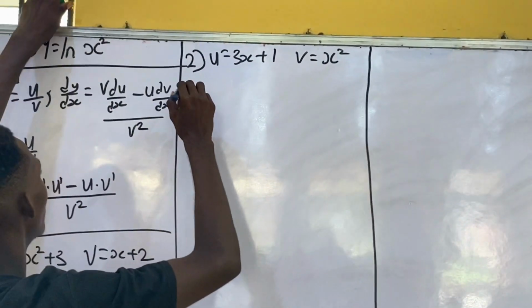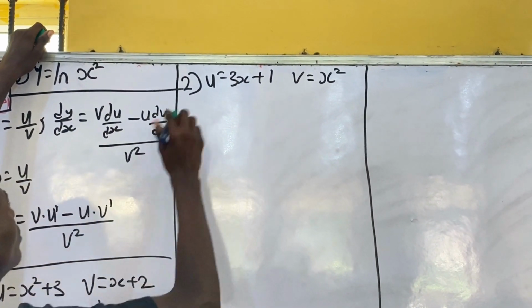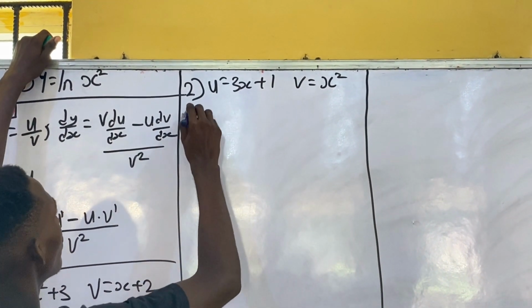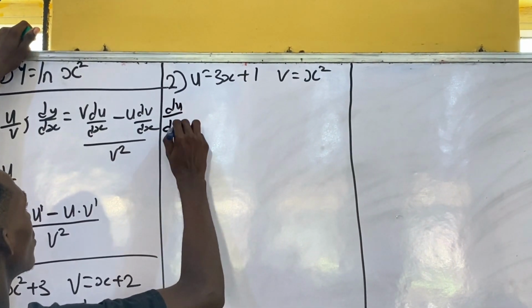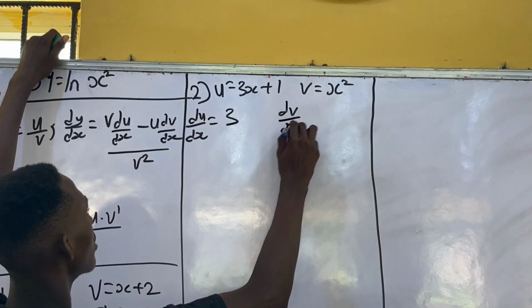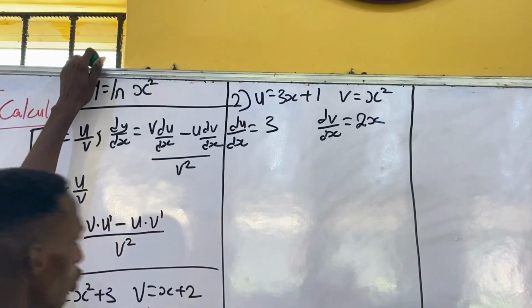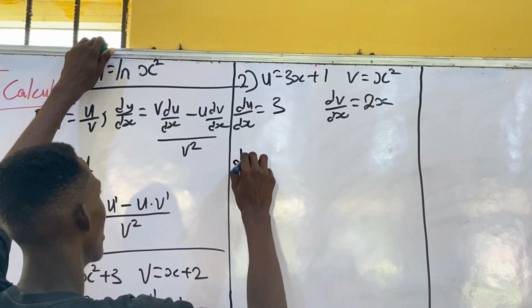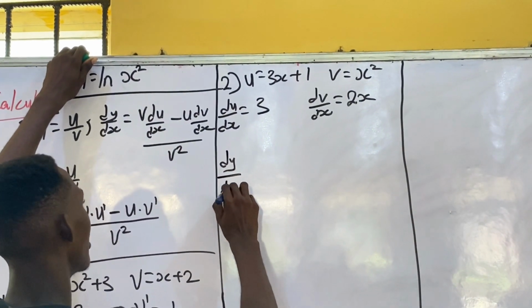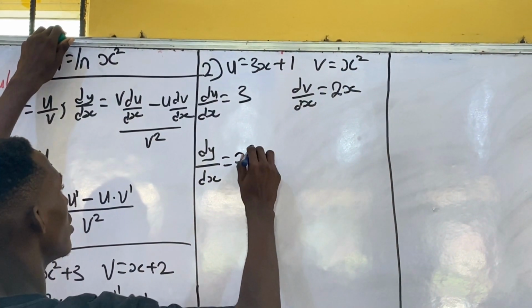So our derivative du/dx is equal to 3. Our dv/dx is equal to 2x. Now we can say that our dy/dx is equal to v, which is x squared,